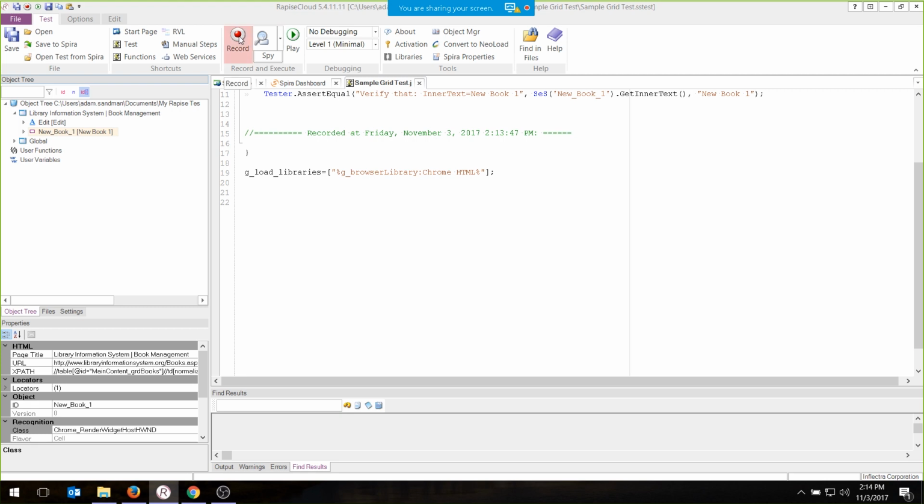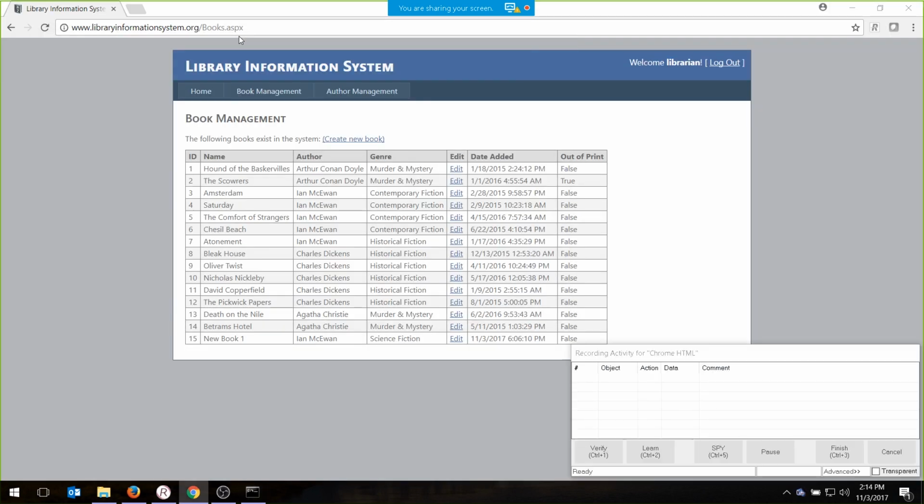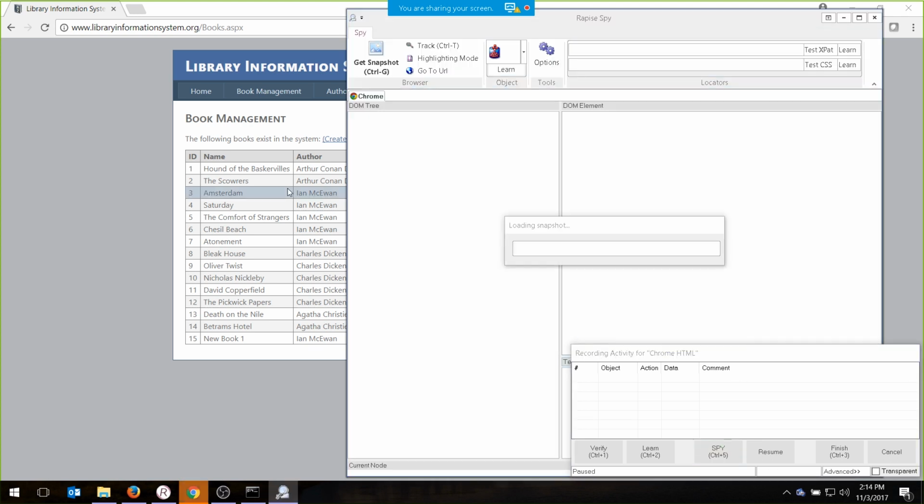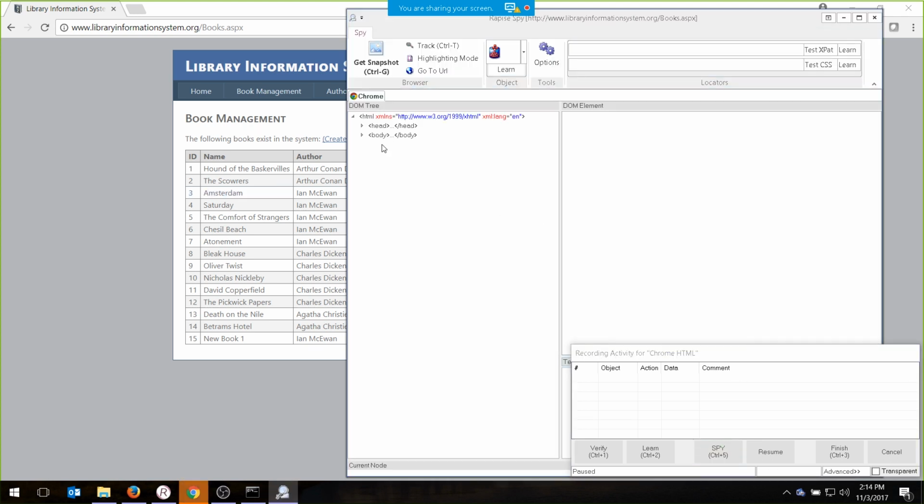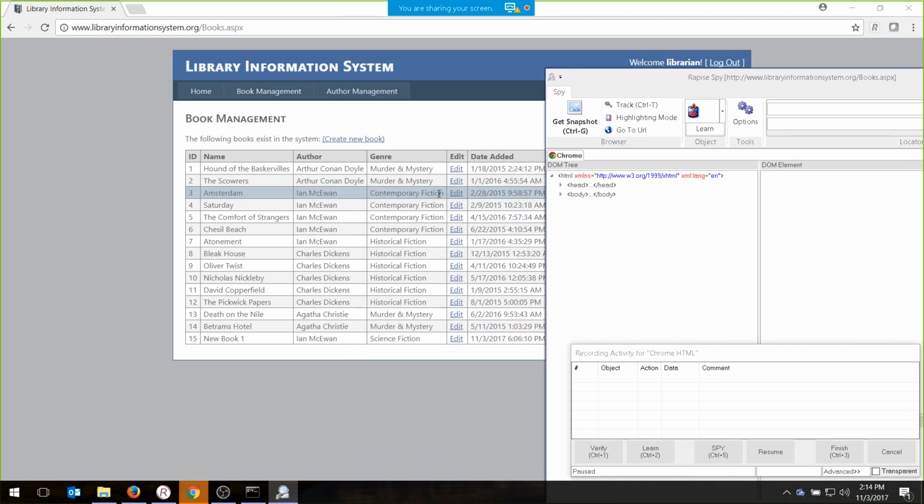Now, if I do record again, we're not just limited to XPath, we can do CSS. So if you're used to things like jQuery and jQuery selectors, you can also do it with CSS. So I'll do the same thing. This time we'll try and find the edit button. And we want to edit this book, Amsterdam. So we're going to go in and we're going to do track,